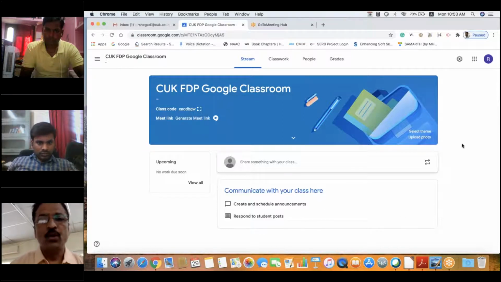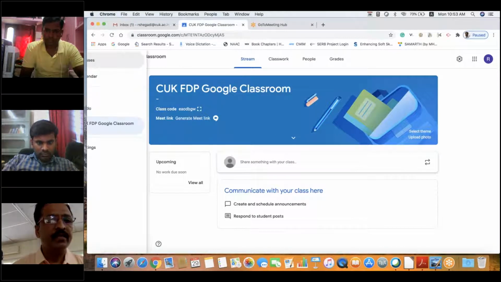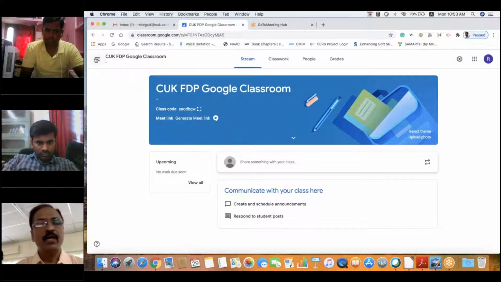I hope all of you have created a classroom. You can see I have created one classroom and it looks like this. Here we have 4 menu options, and there is a settings option also, and then there are 3 lines over the corner. I will show each and every one.